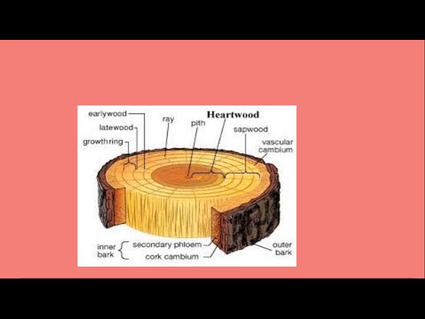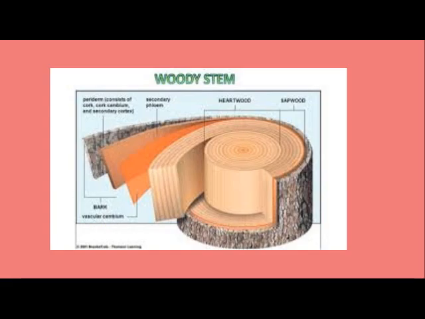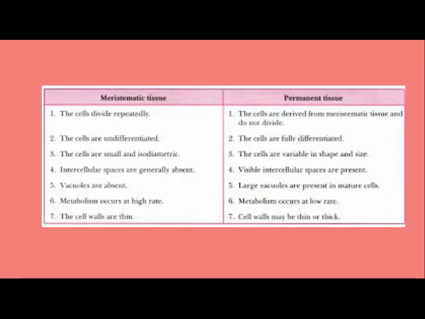This change in color, children, helps in the formation of growth rings. You can see in the picture the words growth ring. This growth ring helps us to know the age of the tree. You have studied this in your lower classes also. If we cut any stem, you will find that it has rings, and these rings help us to know the age of a particular tree, not a plant, a tree.